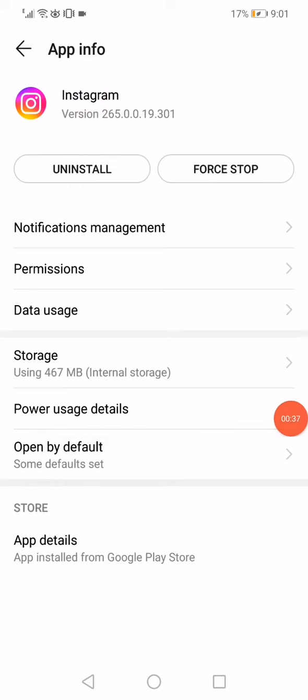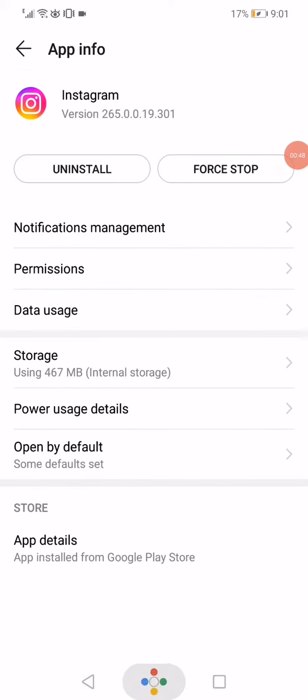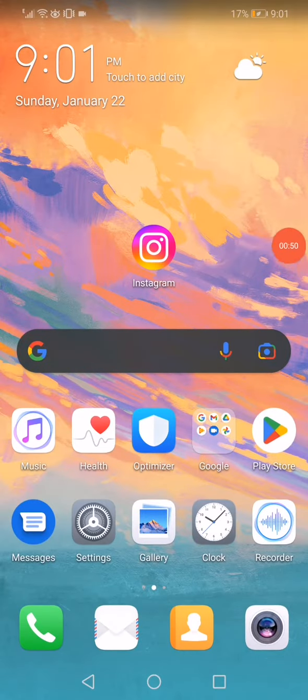the last thing you want to do is go to the data usage and disable the background data and the roaming data and enable the Wi-Fi and the mobile data only. That's it. Now you have to restart your phone or turn it off and on again, and the problem must be